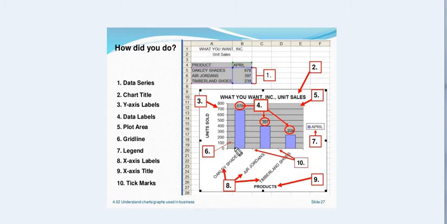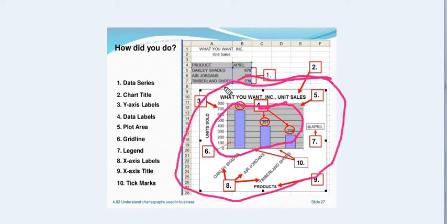Suppose this is the first bar, this is the second, this is the third. We call these bars. In the first bar, suppose it is up to here, its value is between 600 and 700, more than 650. Like this we can easily analyze. That's why we have grid lines.